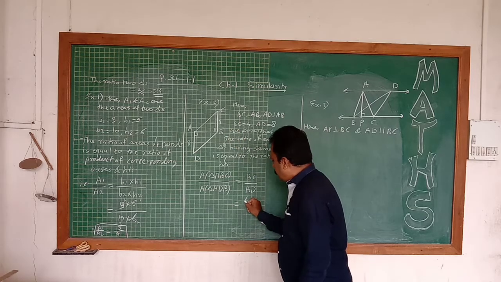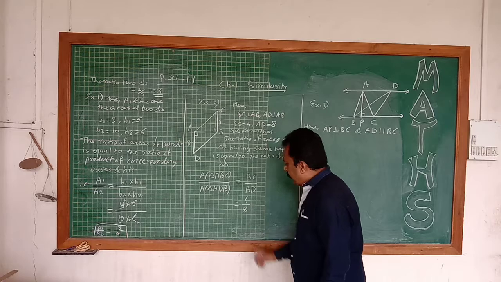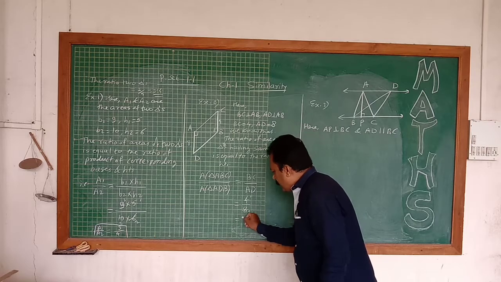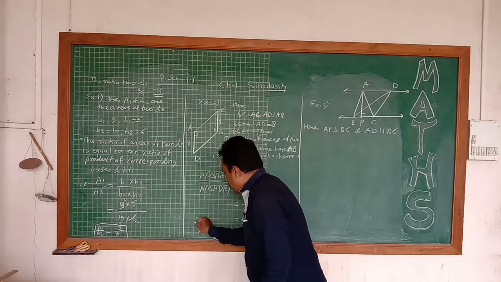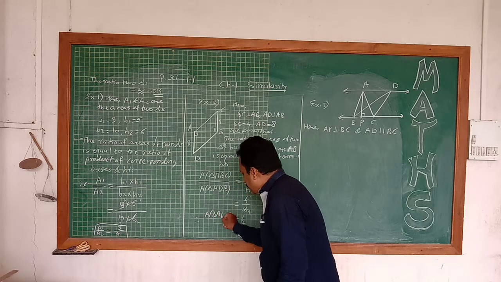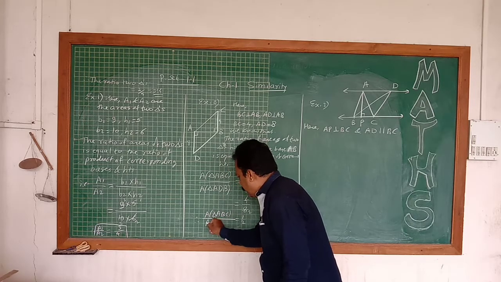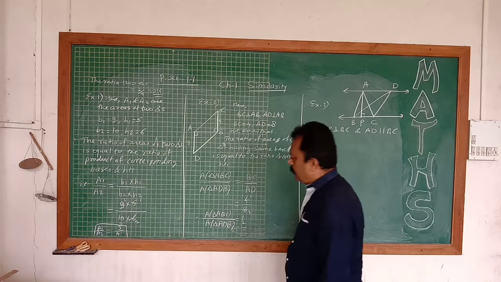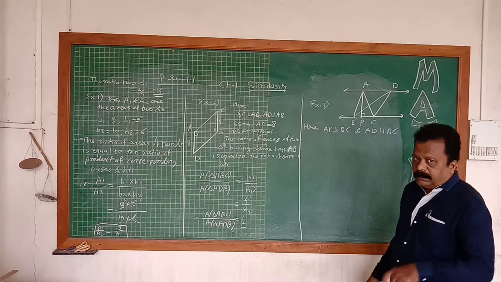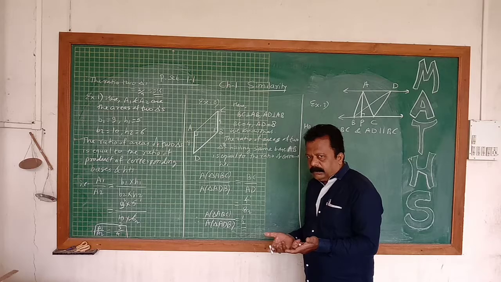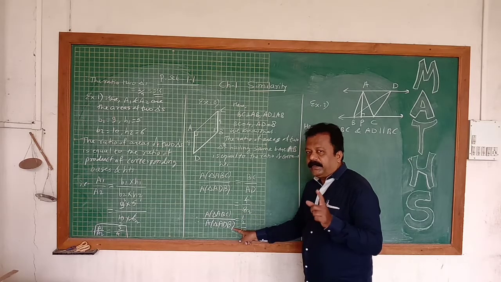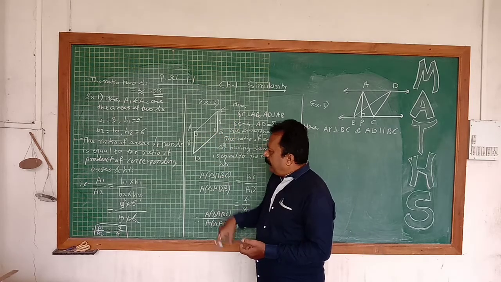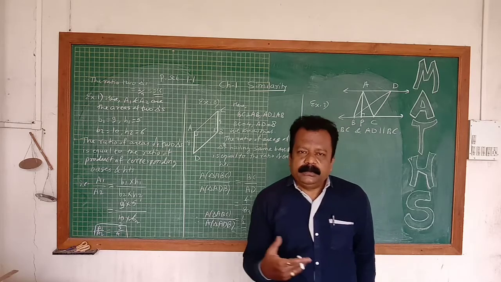Afterwards you have to substitute the values. BC is 4. AD is 8. Now you know how to simplify: 4 and 8 in the 4 table, 4 ones are 4, 4 twos are 8. So 1 upon 2 is the answer. Now this is the right answer. Therefore, area of triangle ABC divided by area of triangle ADB is 1 upon 2. This is your final answer. This is what is asked in the example. What you have to find is the area of triangle ABC to the area of triangle ADB, and given is that AB is the common base and BC and AD are the heights. So we used property number 2.